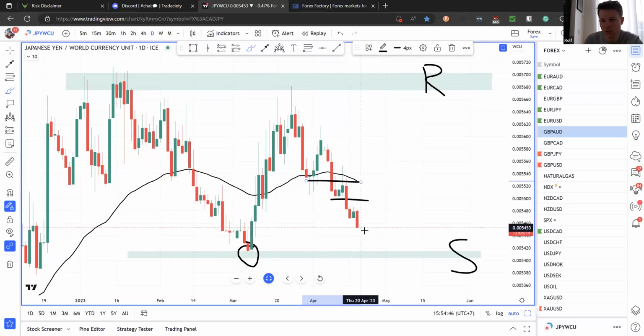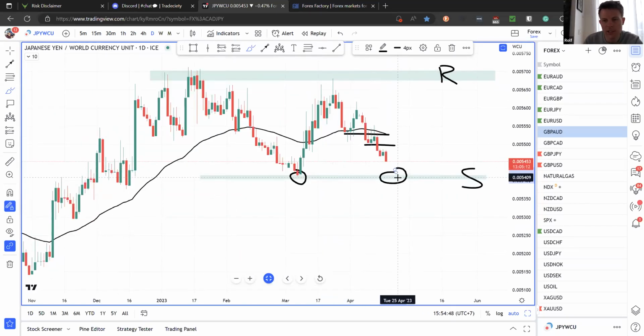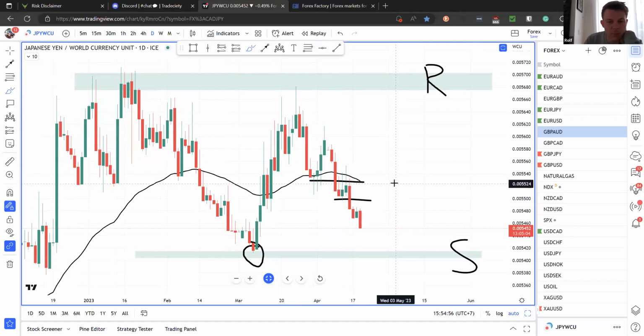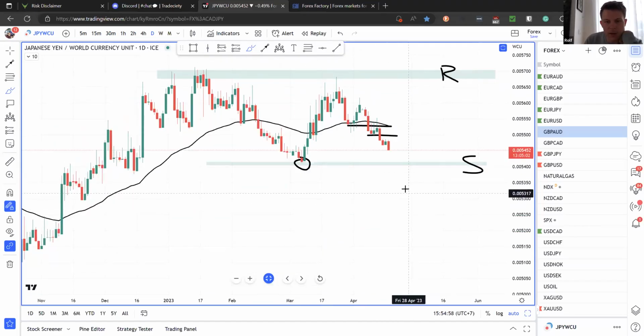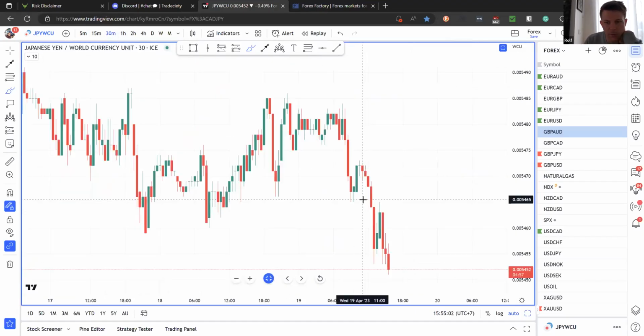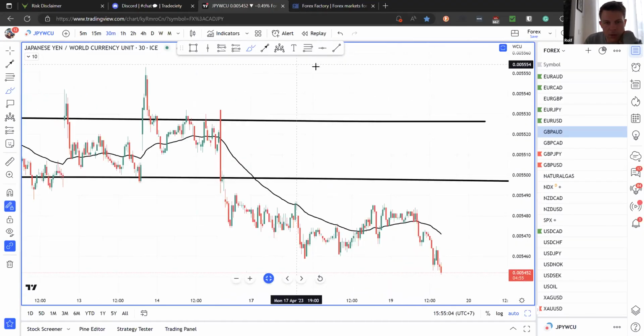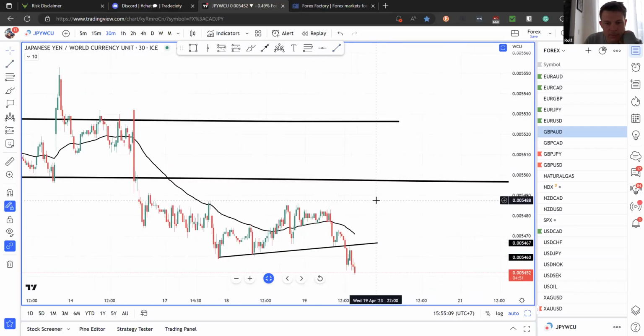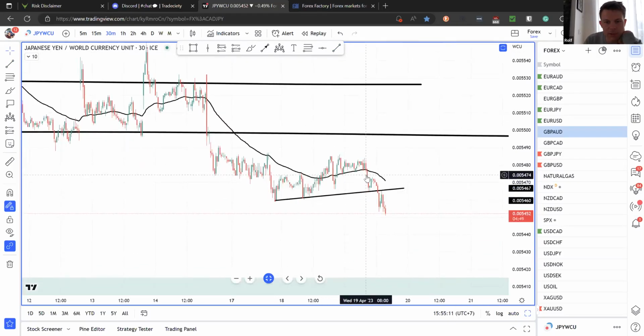So bullish, I would not feel comfortable until we reach this area and then see some very clear bullish signs, maybe a fake out, maybe an engulfing candle. So bullish is out of the picture. Bearish would make a lot more sense, but the first bearish target would be here, so we might not have a lot of wiggle room. I already see here a very interesting breakout pattern, but this opportunity has already